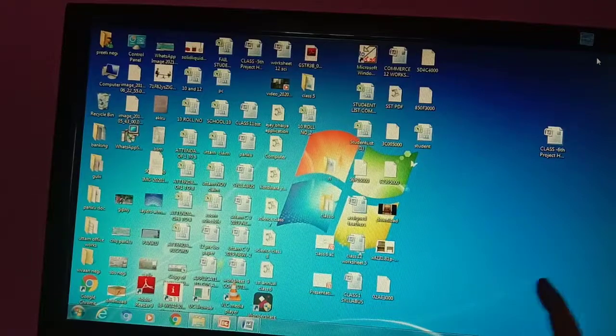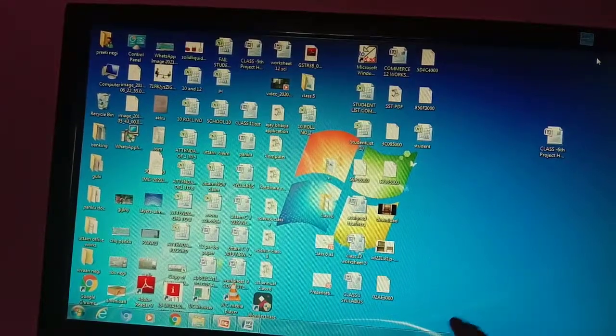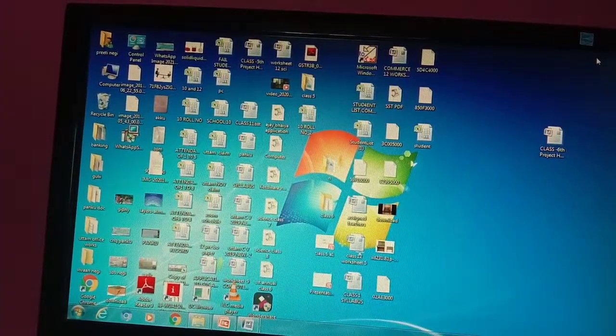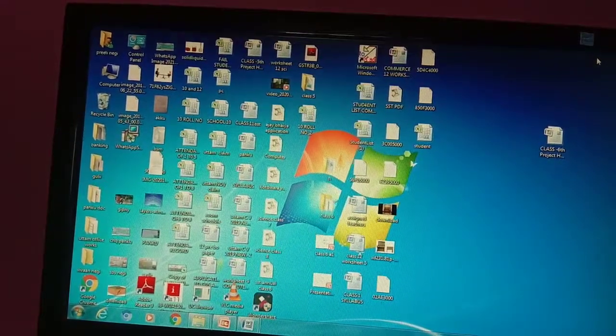If it was touch sensitive, then I could easily open things by touching, without the mouse. But the main thing is that your Windows is supporting it.